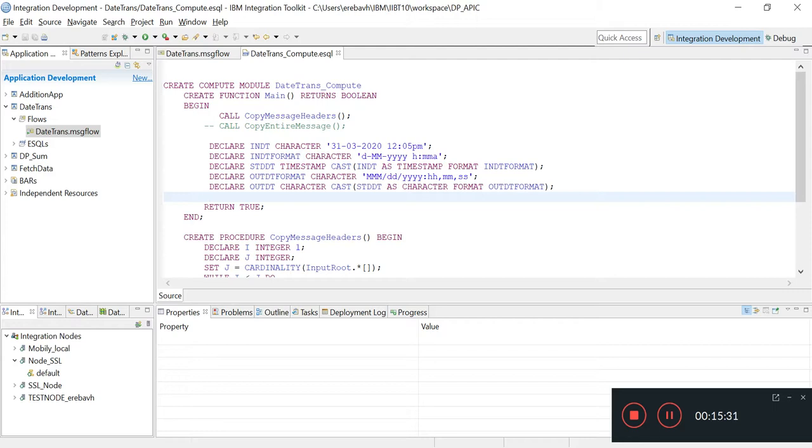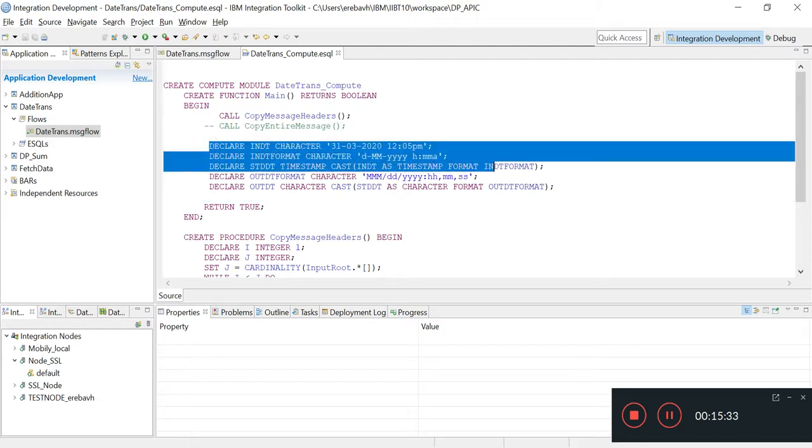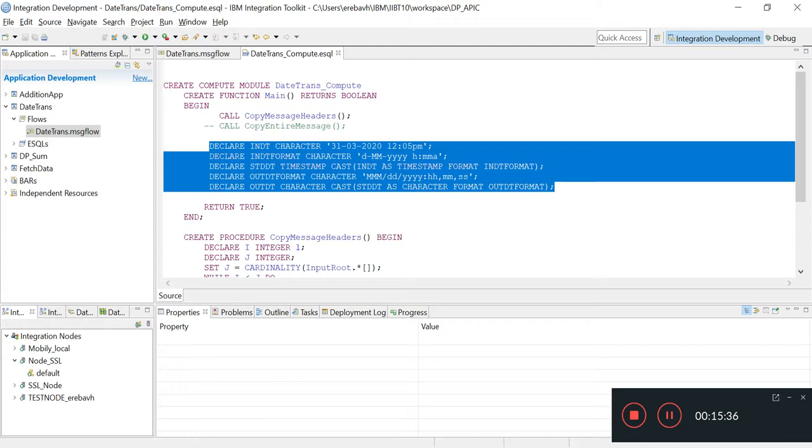So friends, you can see here we wrote the SQL code for the date and time transformation.